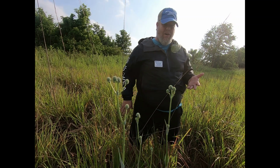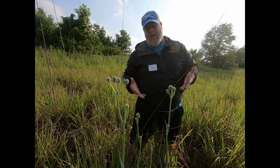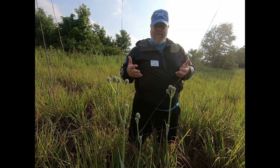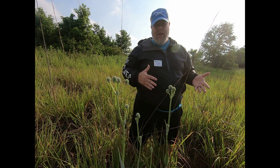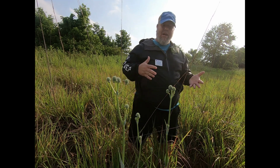You can see that's very tall. We'll talk a little bit more about that in just a second. So the etymology of this plant, the Eryngium goes back to the Greek, which means spiny or thorny plants. Yuccifolium, yucca-like leaves, and I'm going to get some still shots of some of the leaves on this plant because